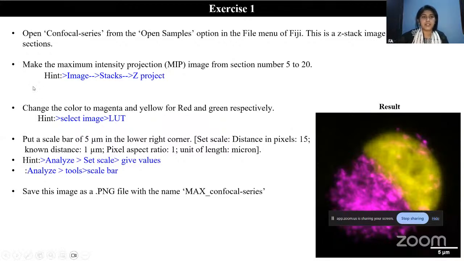So here we are going to do this exercise. Before going to this, I want you to open your ImageJ software and the sample folders of images which we have provided you in Google Drive. I'll give 1 to 2 minutes so that you can open this software and images.